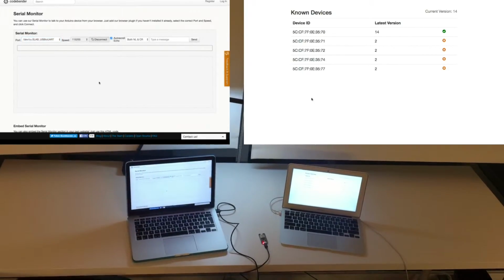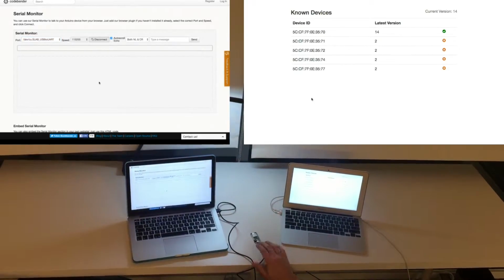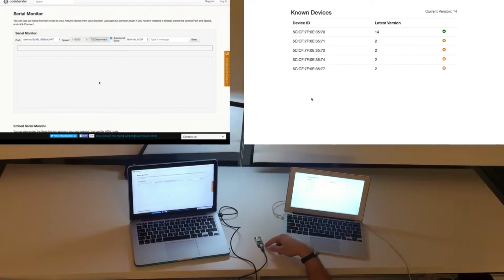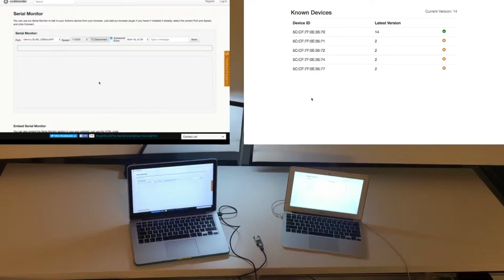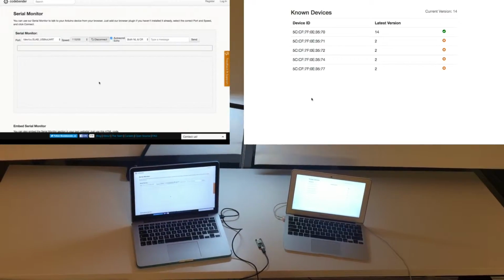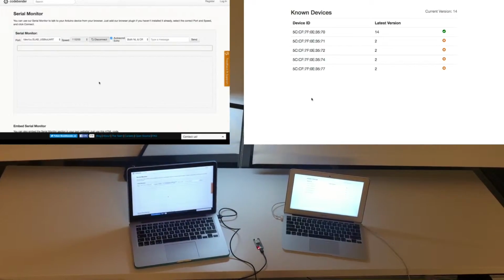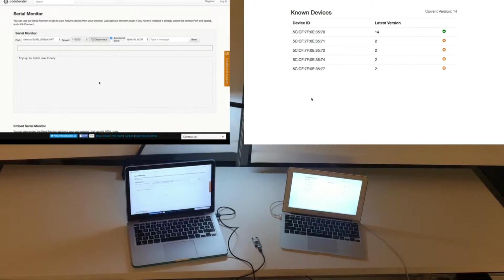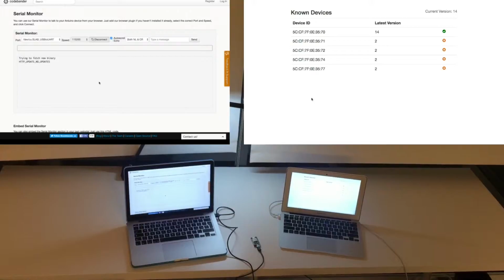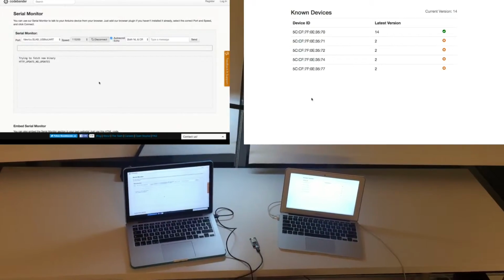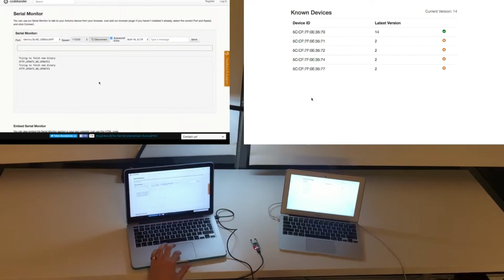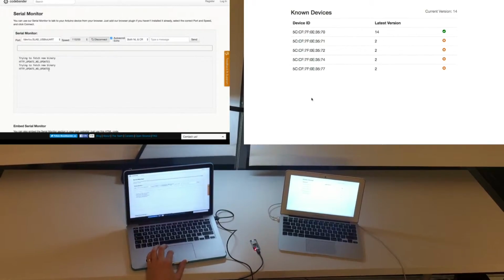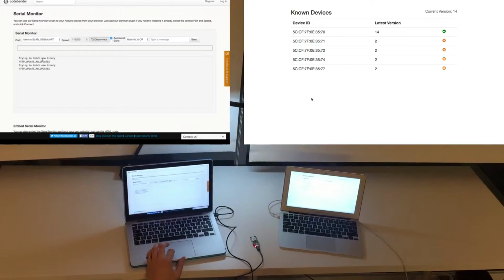So you should now see data from the device, and what the device is doing is you will see it blinking, but also every 10 seconds or so it will try to auto-update from the network. So what this does is it talks to our servers and it asks our server whether there are new updates of the firmware, and if there are any, then it will download the new version of the code and it will reboot to the new version of the code. And you will see now that every 10 seconds we get this message trying to fetch new binary and there